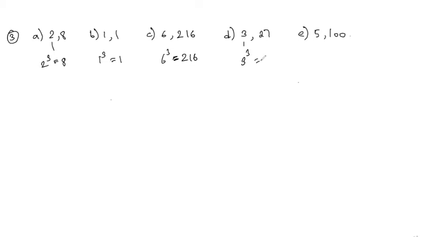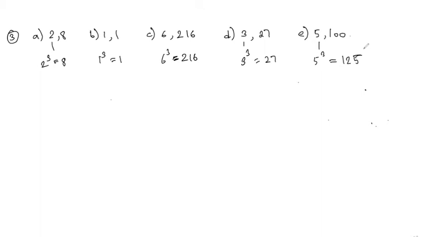What is 3 cube? 3 3s are 9. What is 9 into 3? 27. Yes. What is 5 cube? 125. Can someone mute your mic? Okay. So 5 cube is 5 5s are 25. 25 into 5 is 125. Yes.